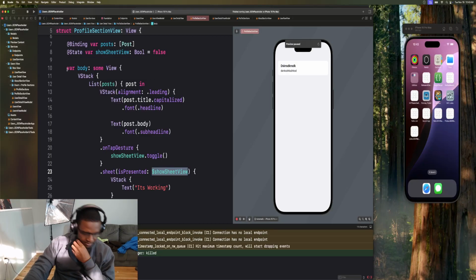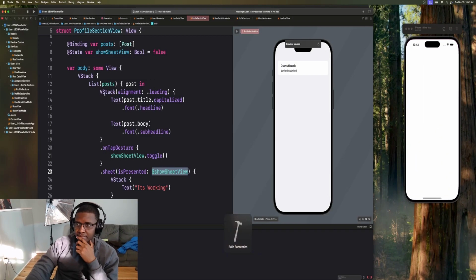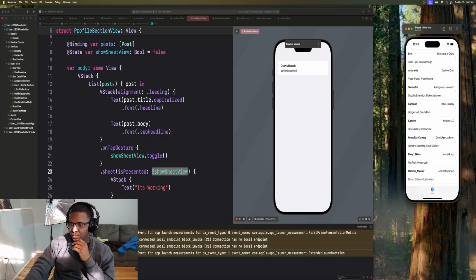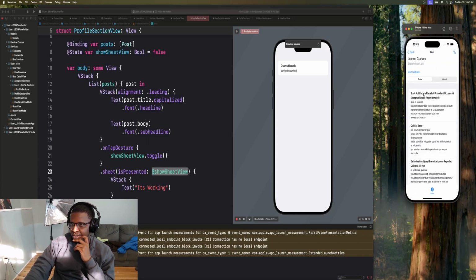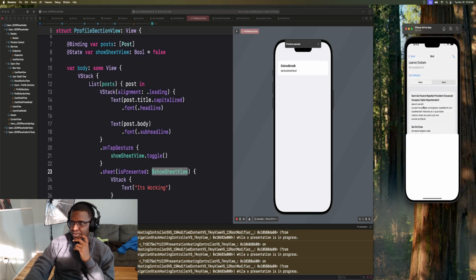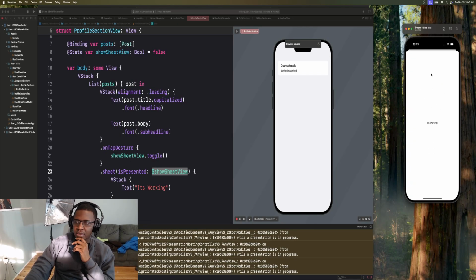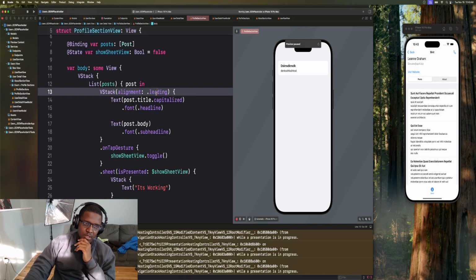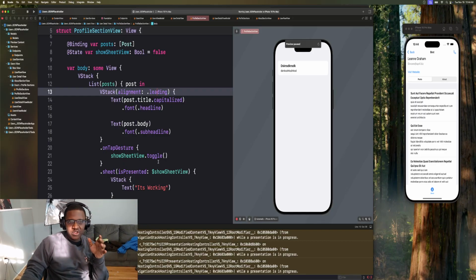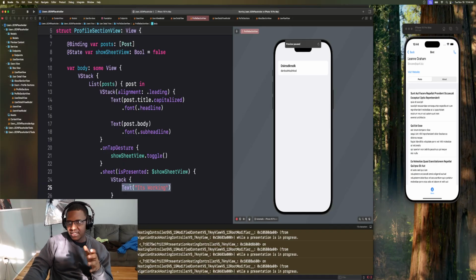Let's run this again. If we go to the about section and we click any of these posts, we do see that now we see a modal. Okay. So that's the first step. We don't have anything inside this view yet, but we know the basic logic that we could use